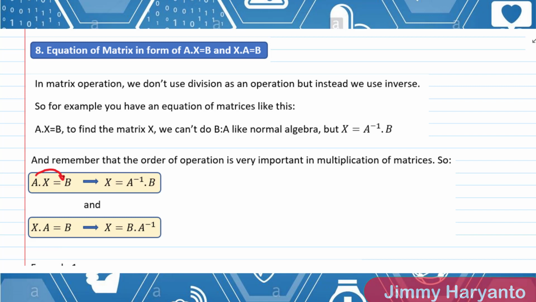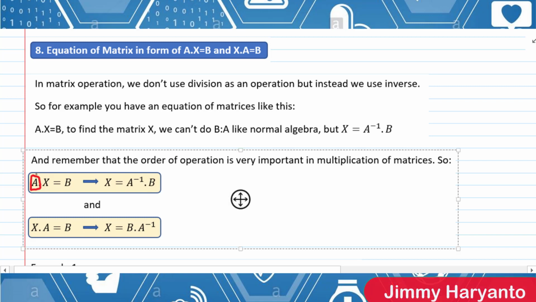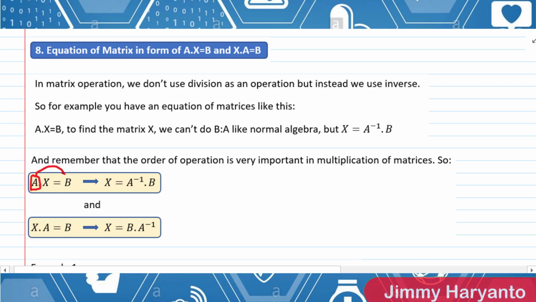Nah, cara ngafalinnya gimana? Take a look at the a. A from the first is on the left side of the x, right? Kamu lihat a-nya itu dari pertamanya ada di sebelah kirinya x. So when you move a to the right side, a-nya juga pasti ada di sebelah kirinya b. Itu cuman dia berubah jadi inverse. Jadi kalau matriks dipindahin ke sebelah sana tuh tadinya kali, bukan jadi bagi tapi jadi inverse. Nah, posisinya harus sesuai sama posisi dia dari awal. Kalau dari awalnya dia di kiri, pindah ke kanan juga dia tetap ada di sebelah kirinya b gitu ya.